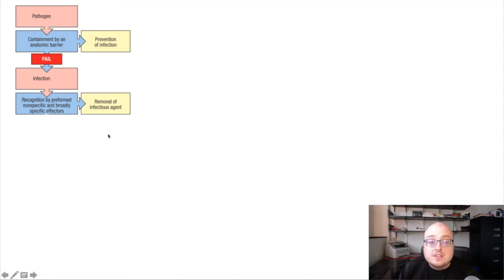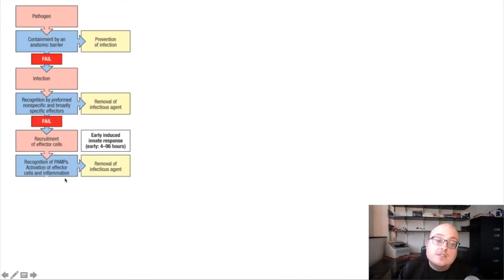If those things are successful, we remove the infectious agent. If not, our next line of defense is actually to recruit the effector cells of the innate immune system. So recruitment of cellular immune responses takes a little bit of time. So you can see here, prior to this, we were talking about really instant reactions to infection. The recruitment of innate immune cells takes anywhere from a few hours to a few days following the establishment of infection. But these cells are really good at